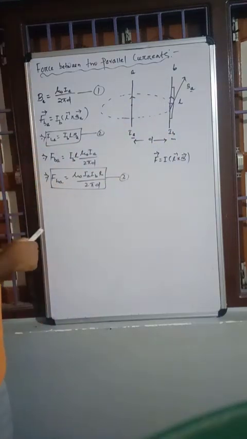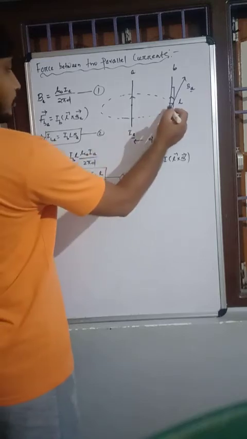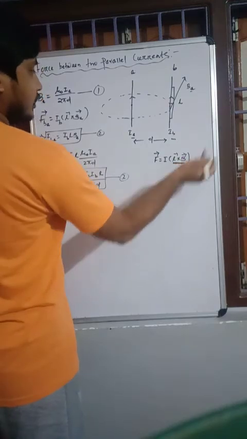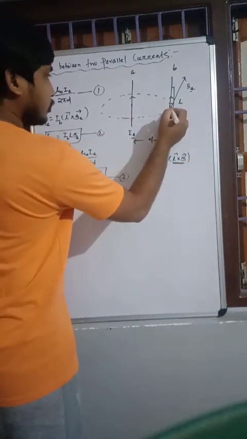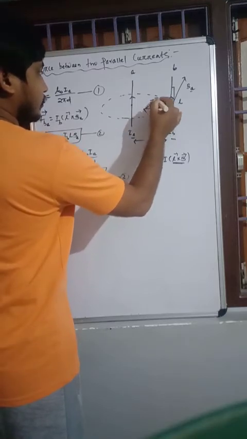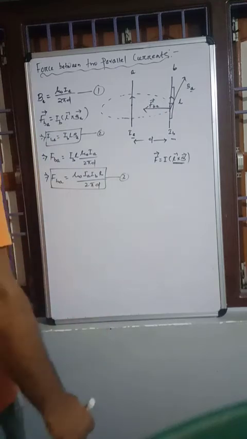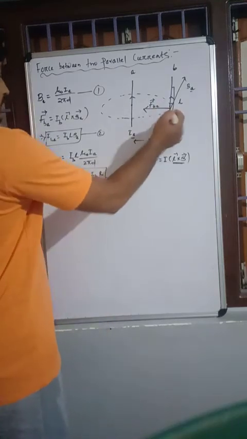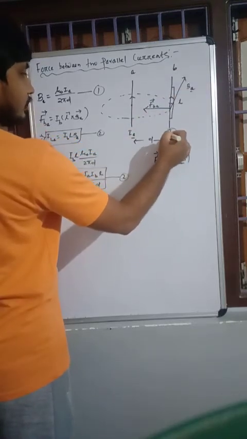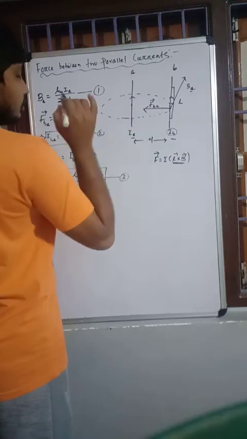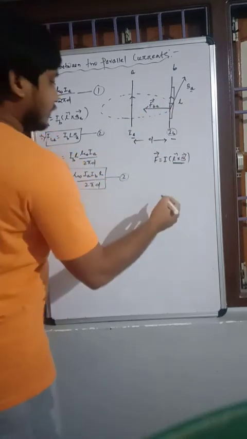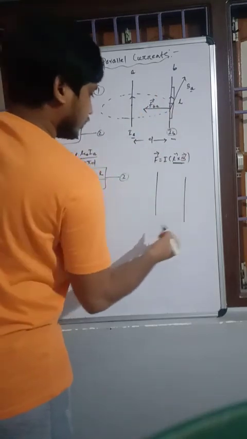And what about the direction of this one? Now you can see that the direction of the force will be perpendicular to this L and B, because here it is L cross B, means the direction will be perpendicular. That means it will be directed in this direction. The direction of this is the direction of FBA. Similarly, this is the expression for force acting on this conductor which is carrying current IB due to the magnetic field of IA. Now again, I can also draw the diagram like this.